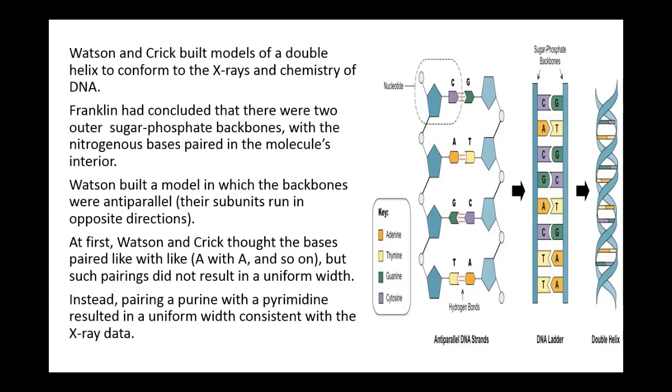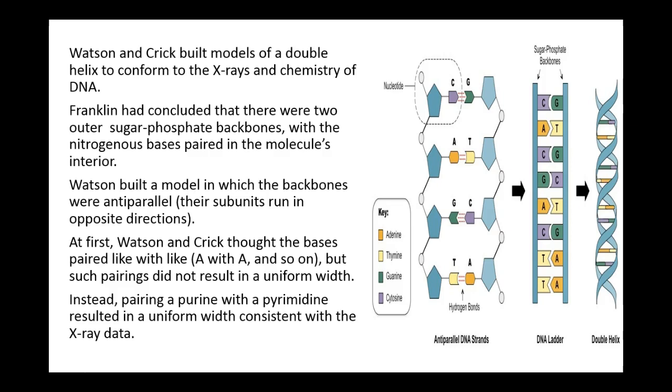So they built models. Franklin had concluded that there were 2 outer sugar phosphate backbones, with nucleotide bases. So it was kind of a combination of the 2 groups of scientists working together. And Franklin and Watson were in England, of course. I mean, there's always this rivalry between countries, and Watson and Crick were in the U.S. But they worked it out with regard to what it would look like,